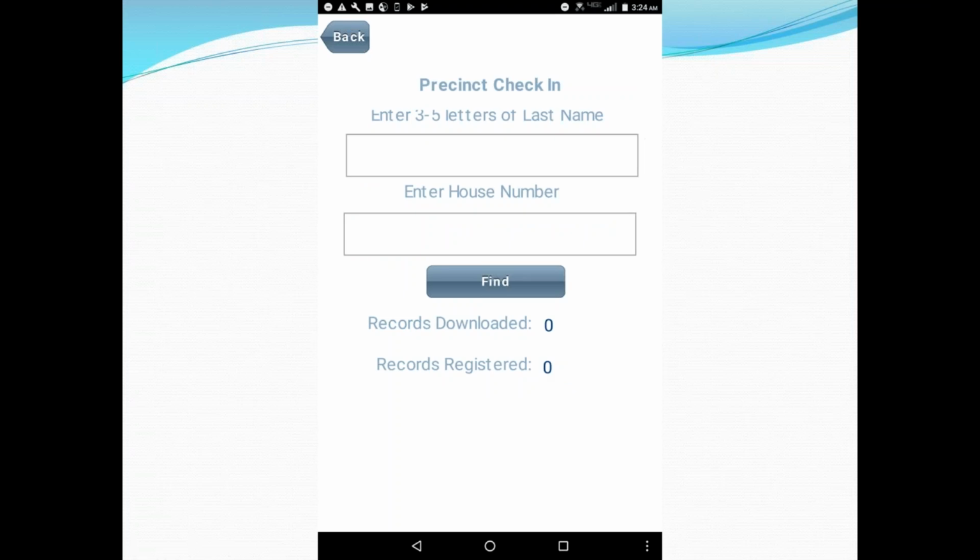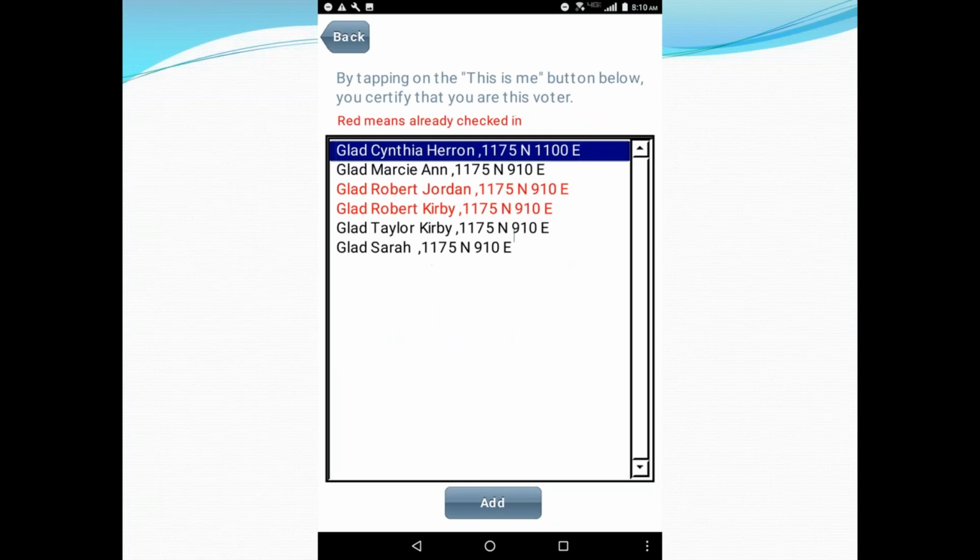And it's very, very simple. I only have to enter about 3 letters of the person's last name, 3 to 5 letters. And if I enter 3 letters and their house number, then I will get pretty darn close as to who the person is in the precinct. So when I click on Find, it's going to locate everyone who has that house number and a matching last name. So in this case, these people show up,